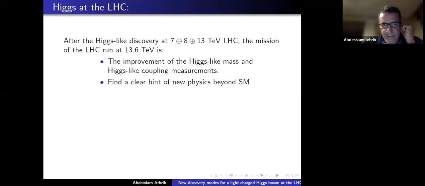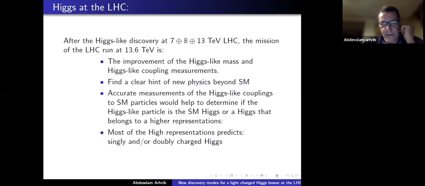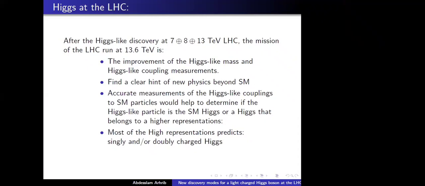So after the Higgs-like discovery, now the LHC is running with quite high energy, 13.6 and later maybe 14. So we can improve the Higgs mass and the Higgs coupling measurements, and maybe find a clear hint of new physics. Well, till now there are some indications, but